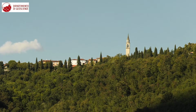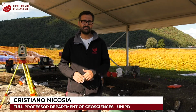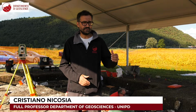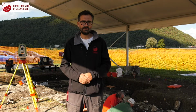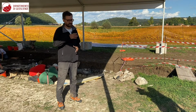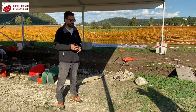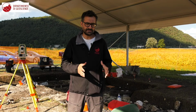We are in the Berici Hills, south of the city of Vicenza, in a low-lying basin and very close to the Lago di Fimone, and we are close to the excavation of Molino Casarotto. This is an excavation that dates to the mid-Neolithic period, to the square mouth pottery culture around 5,000 years before Christ. And this was an excavation that had been